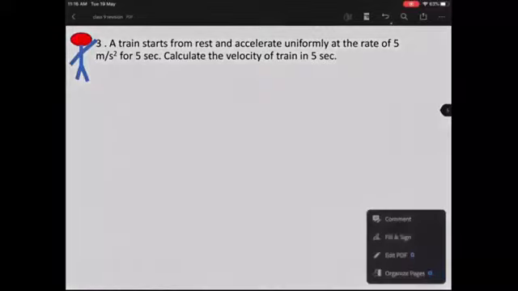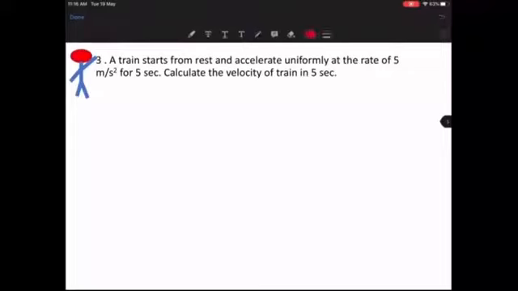So write down the given data here. What is given to you? I want you to write down in the chat box, along with me. I want you to solve all these questions along with me. So what is given to you? See, first read the first line. It starts from rest,